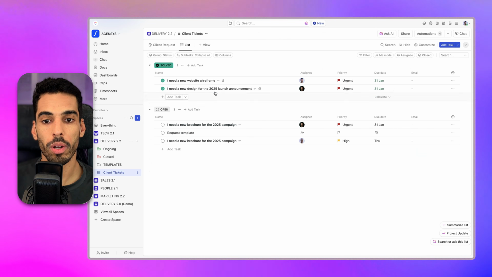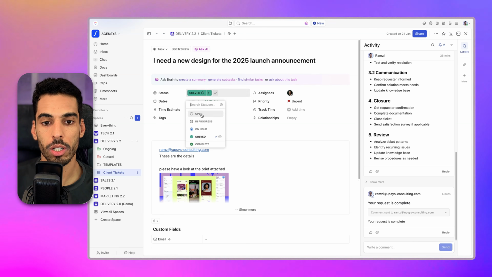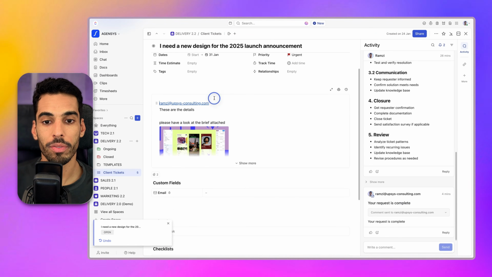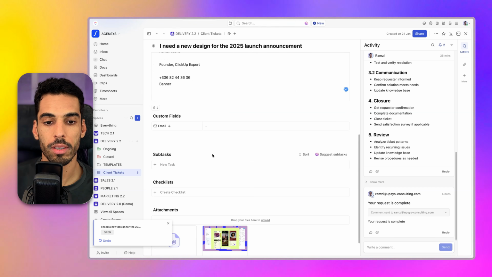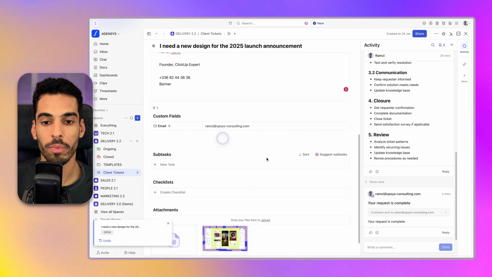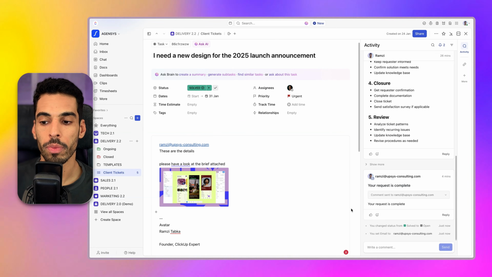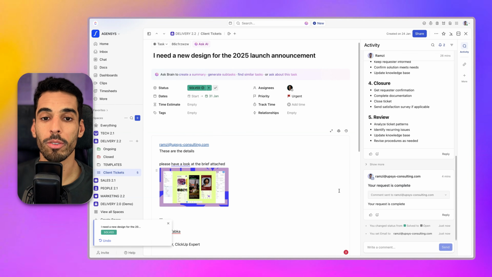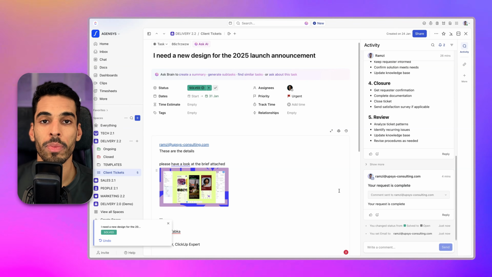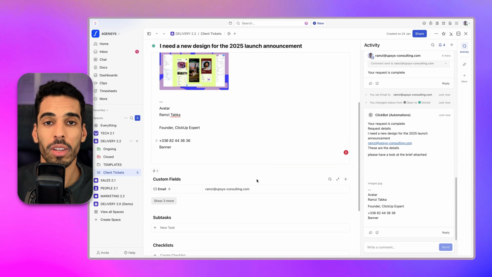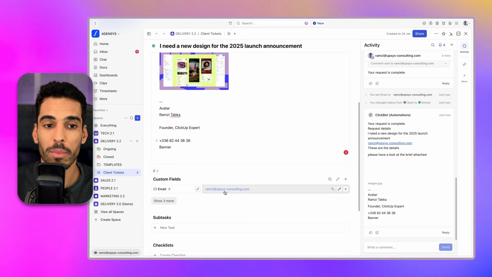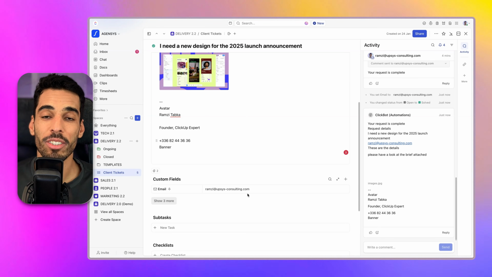If we get to another task, for example, if I change the status to open, and I put the email address in that email field, I can copy and paste it, and then just change the stage to open. An email will be sent to that person automatically. Unfortunately, the email to ClickUp field here doesn't let you fill the email field automatically, but that is totally doable